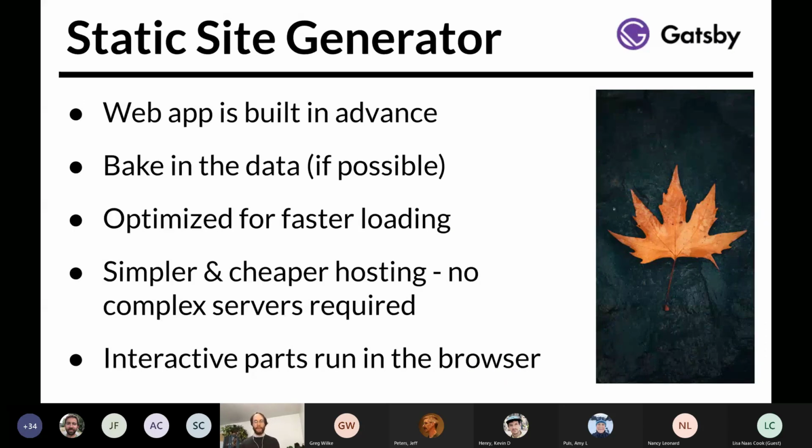To make things even faster in the front end, I use what is called a static site generator. Instead of having a web server dynamically assemble a web page and ship it to the front end each time you visit a page, the static site generator creates all of those pages in advance, and it optimizes them so that they render quickly in your browser. Where possible, we bake the data directly into this static site so that individual values are displayed directly in the content of the page, or they're shipped along as small data files that are used to power some of the dynamic elements that we have within the website.